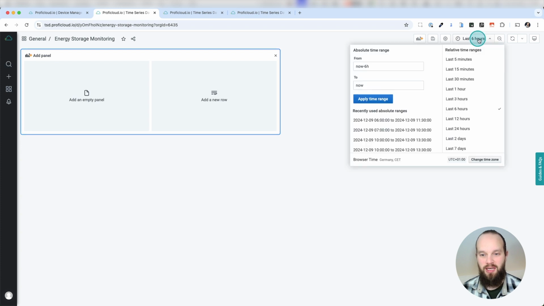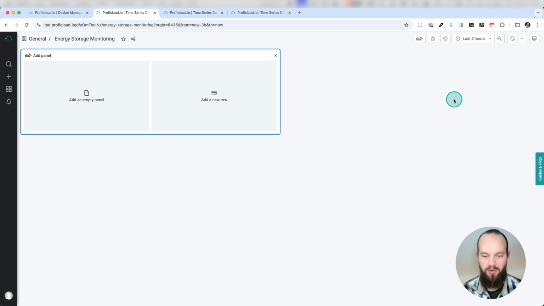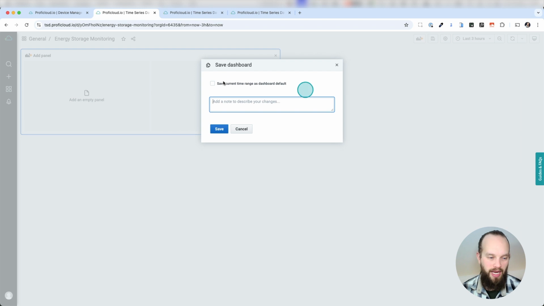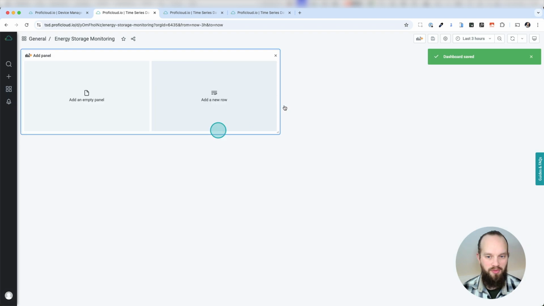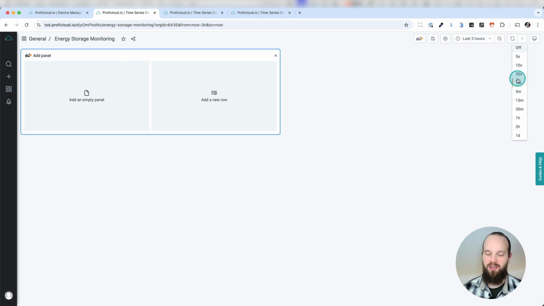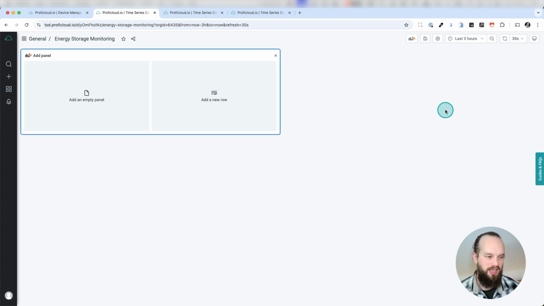I could now say in here is the time picker. I could set it to an absolute time range, or for example the last 3 hours, the last 6 hours, whatever you like. And if I click again on save, I have the option to save the current time range as a dashboard default, which makes sense if it is something I'm going to share and I want it to be the last 3 hours for everyone who is visiting this dashboard. The refresh rate over here can be set, for example, to 30 seconds. That means every 30 seconds, new data will be pulled when available into the dashboard. These were the most important things you need to consider when creating your dashboards, the options over here.